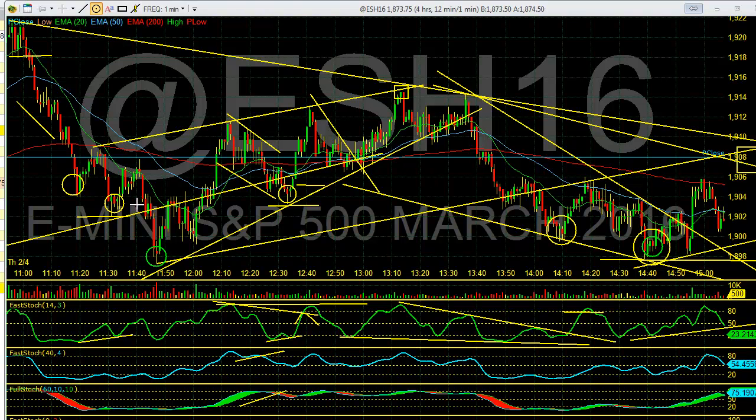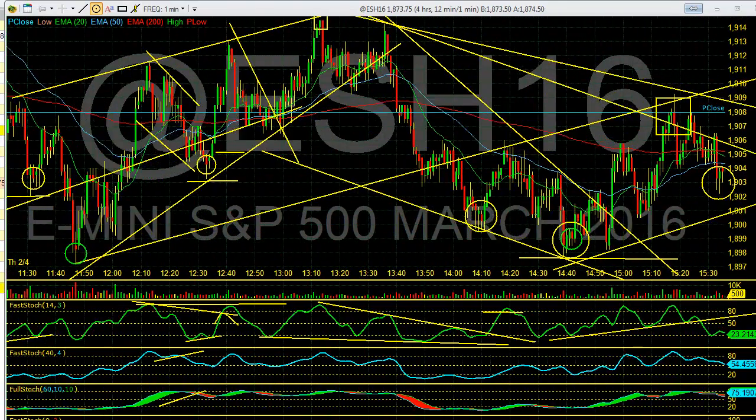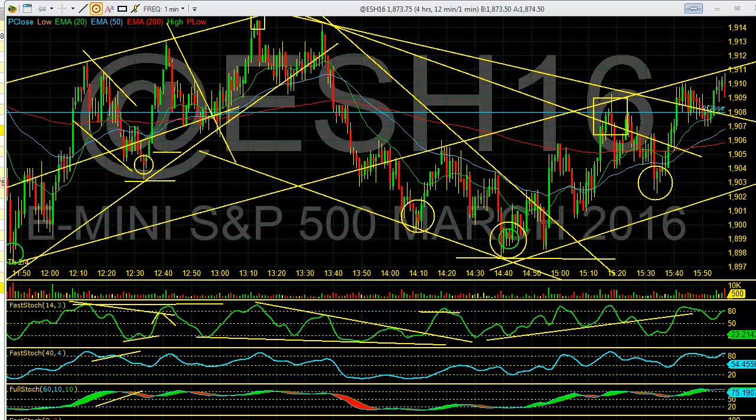And when you see these moves, you're saying, all right, what's the next piece of the puzzle? Well, it's to be able to trade them. What do you trade these moves off of? And of course, it's perfect for the futures traders, S&P futures traders, the Russell traders. Anything you apply the bot to will pick out these areas. So you could use it with crude, you could use it with anything.